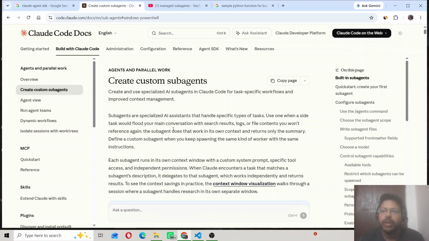In the last video, we learned about how to create skills using Cloud Code. So the first question that comes is, what is the difference between agents and skills? Skills are for when we are doing some kind of repetitive work. We can convert that work into a skill, so we don't have to do the same work repetitively. Anytime we need that kind of work, it will directly call the skill and Cloud will implement that skill if it is required, while the agents and subagents